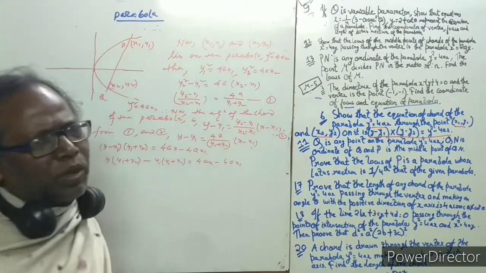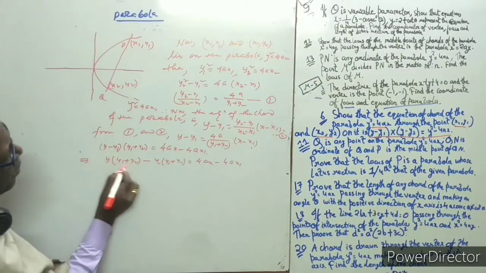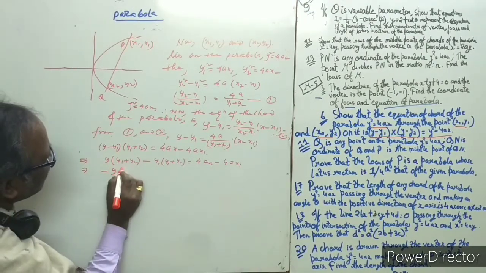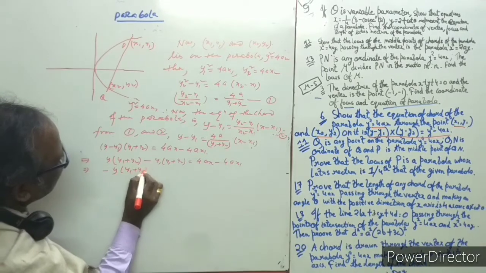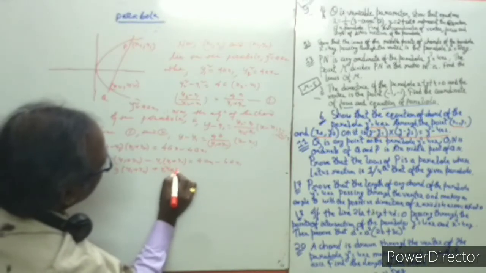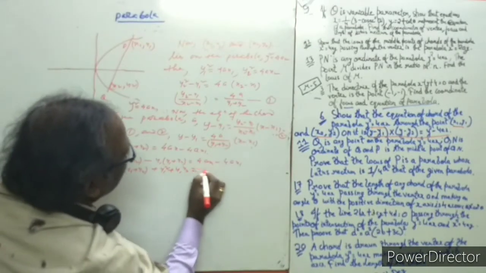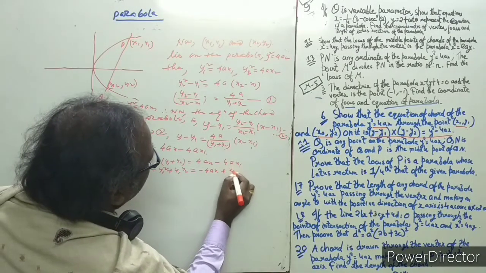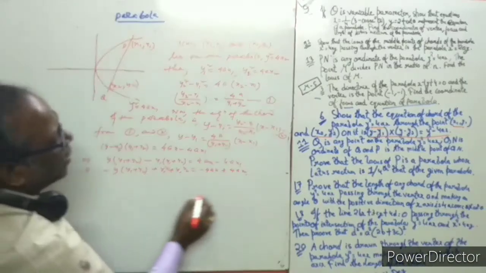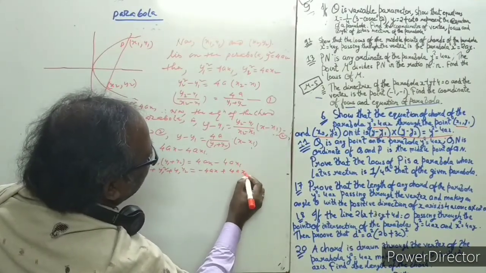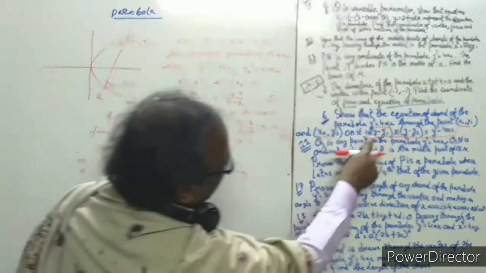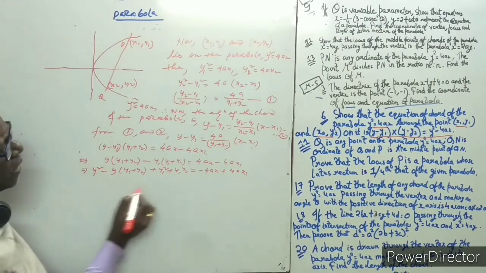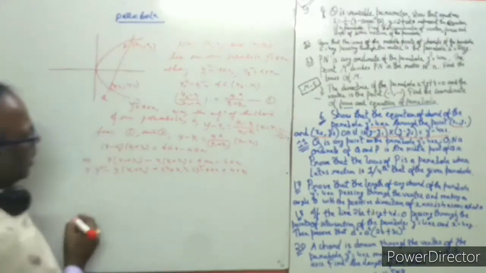So take a common minus y1. So in the bracket there is the y1 plus y2 and this is plus y1. So there is a minus. So multiply by minus on both sides, y1 plus y2. So y1 square, this is y1 y2, multiply by this variable 4ax plus 4ax1. And we added y square on both sides. If you multiply y, there was y square, so that's why we added y square on the right hand side also.